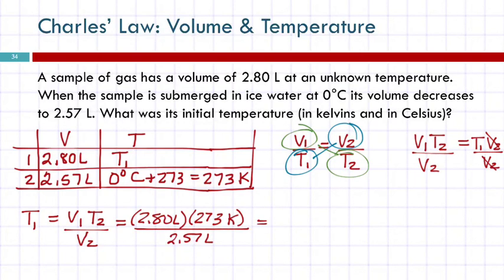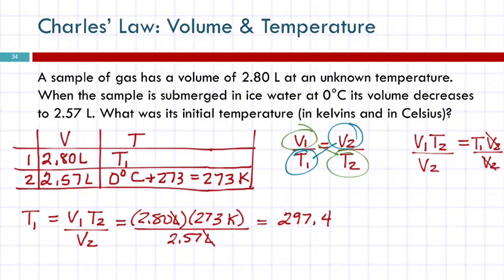We have liters divided by liters. Those units cancel out. So I'm left with Kelvin. So I get out my calculator, and I've got 2.8 times 273 divided by 2.57. And that's going to equal